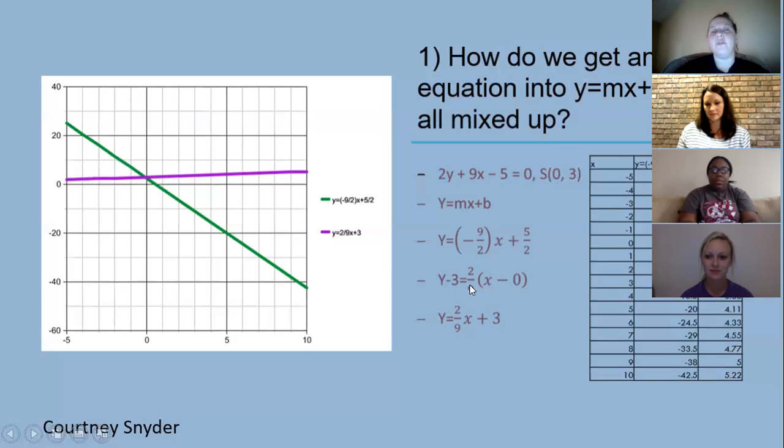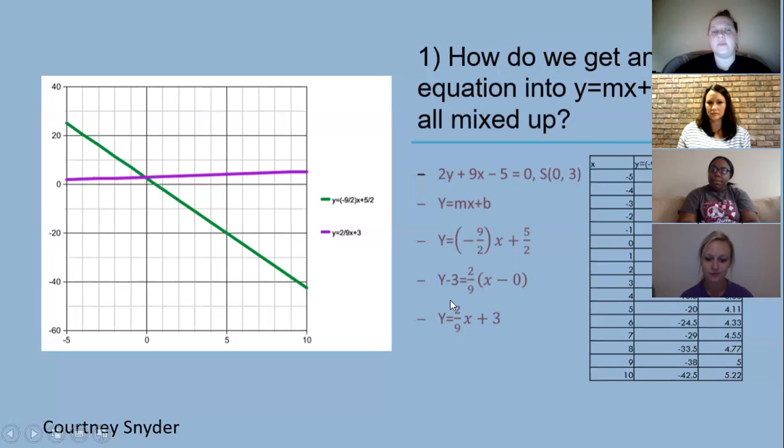And now we have 2 over 9 as our m, which is our negative reciprocal. So we're going to take the slope of this line and pretty much just flip it over. We're going to do 2 over 9 instead of 9 over 2, and then we're going to take the opposite sign. And then we're going to do x minus x1, so we're going to take the x from our point and plug it in. And then when we solve it to get it to the y equals mx plus b